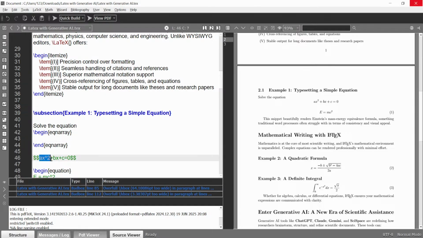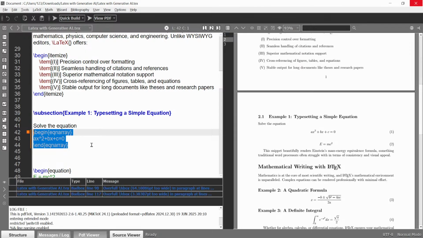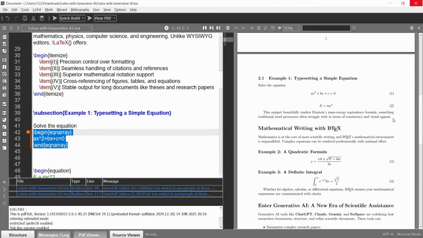I will take this part and insert it here, and when I build the file, the equation number will appear on the right-hand side automatically. This is the equation with the number, and all the numbers of the other equations have been updated automatically without disturbing the document.